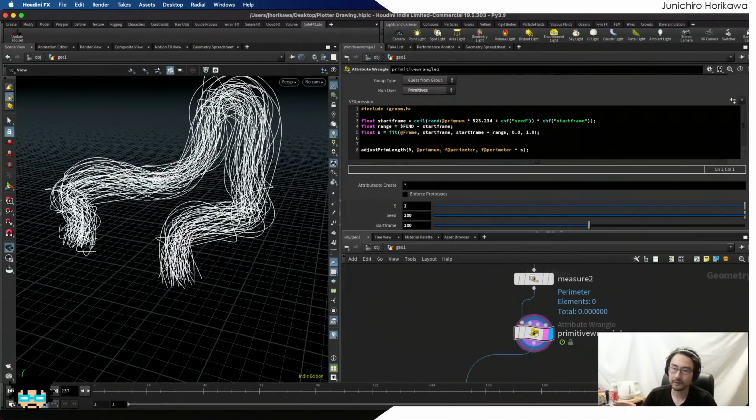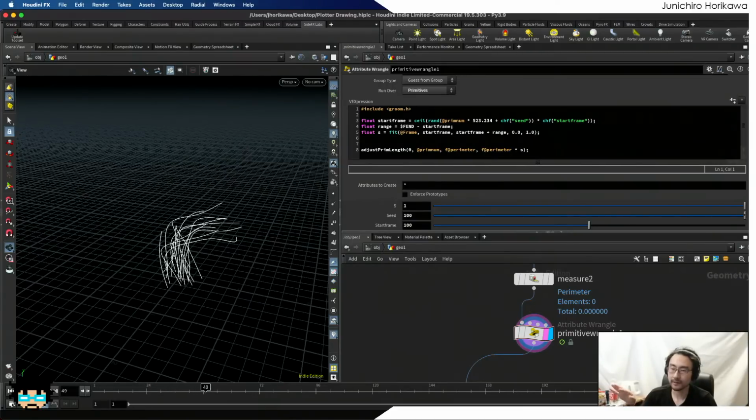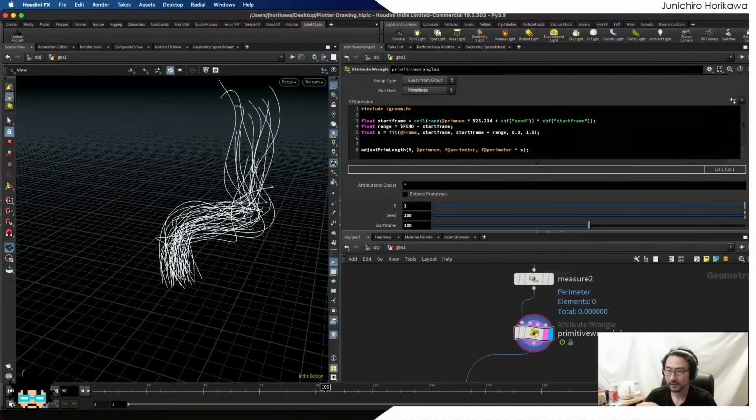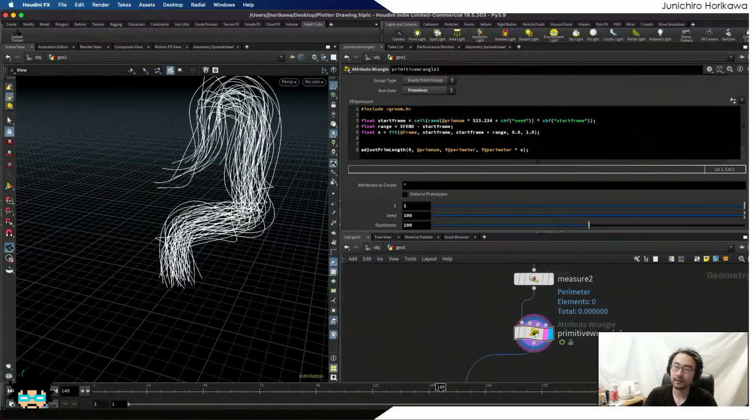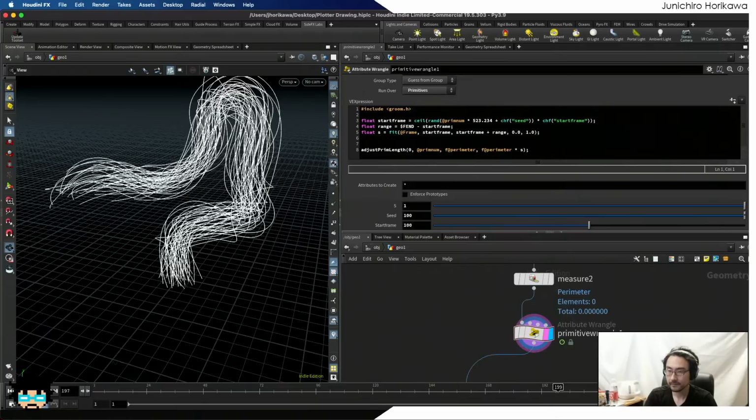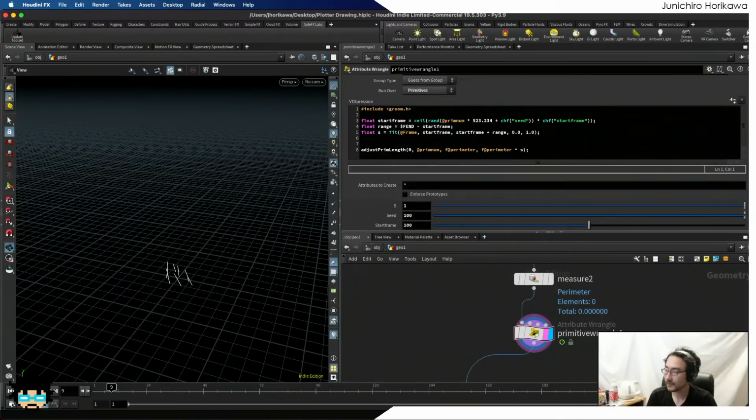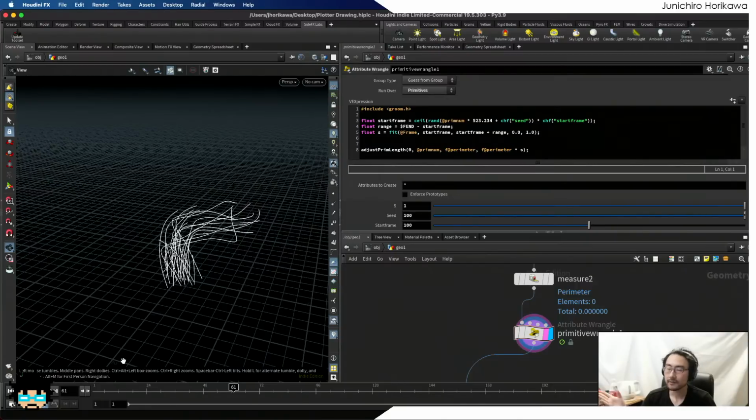Some of the curves start growing later, like that. And every curve is growing at constant speed. So that's that. Now if you also want to change the growth speed as well, then this is where you